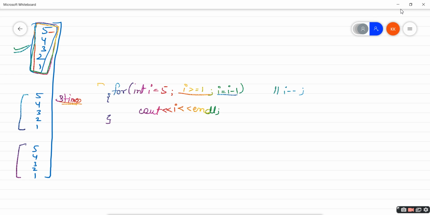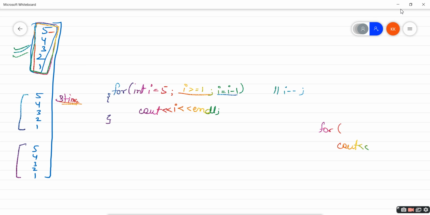So instead of writing the for loop 3 times, just the same as here, for int i equals 5, the same output, the same line of code, instead of writing that, can I repeat this for loop 3 times? Is that possible? Just the same way, if I need to print cout hello world 10 times, then I'll just use the for loop, right? Because the cout statement needs to be repeated 10 times, but now the same output 3 times. So can I repeat this for loop 3 times? Is that possible? Yes, it is.